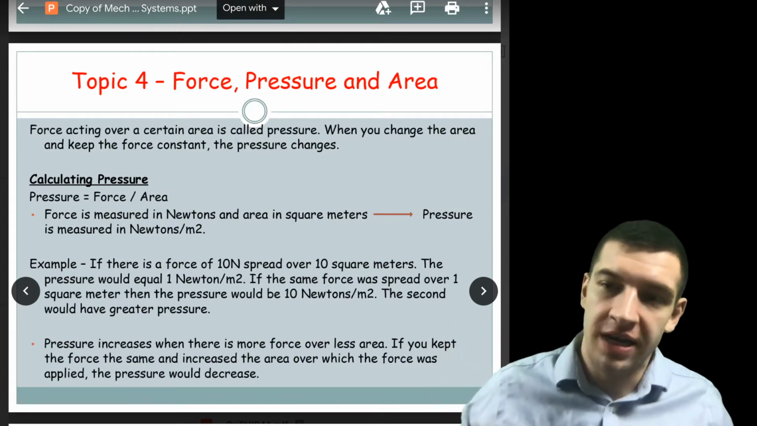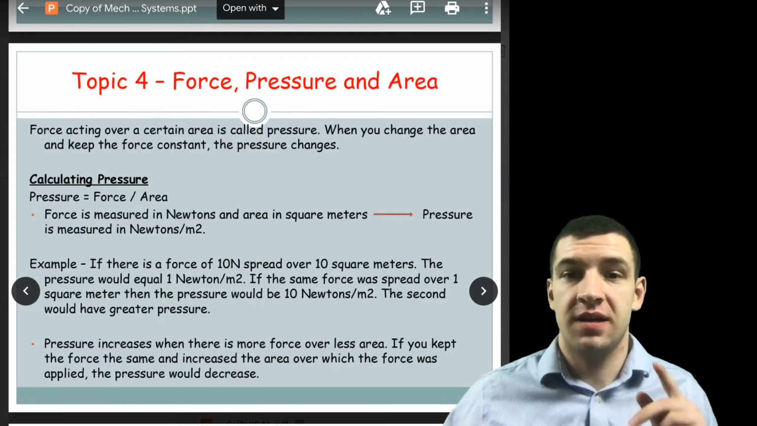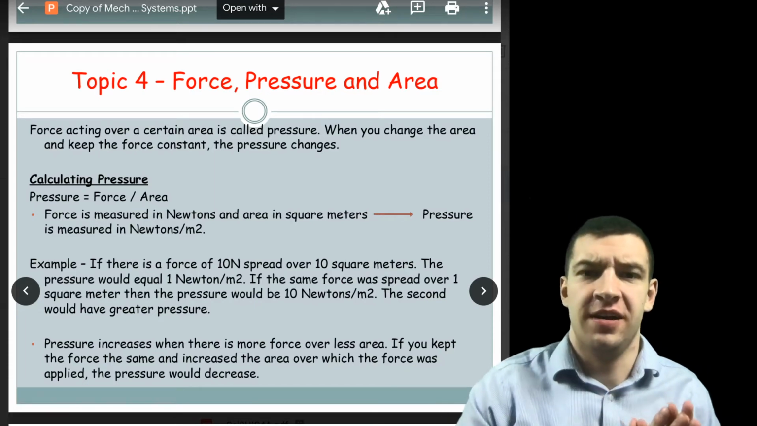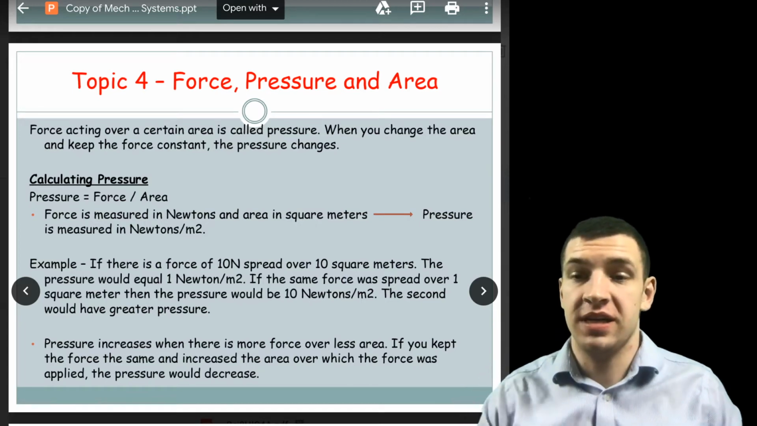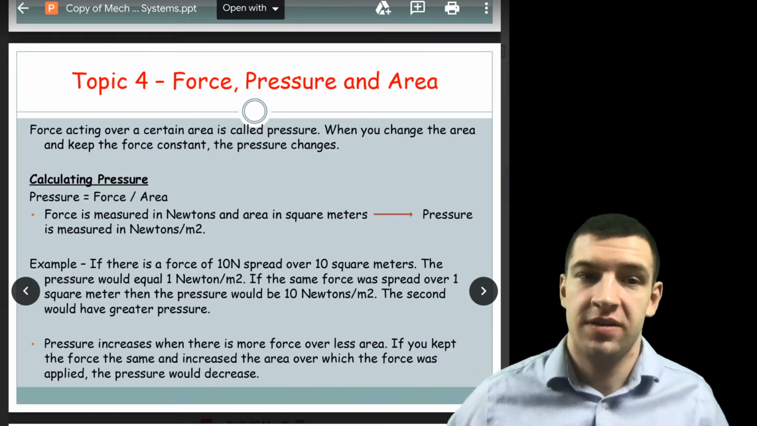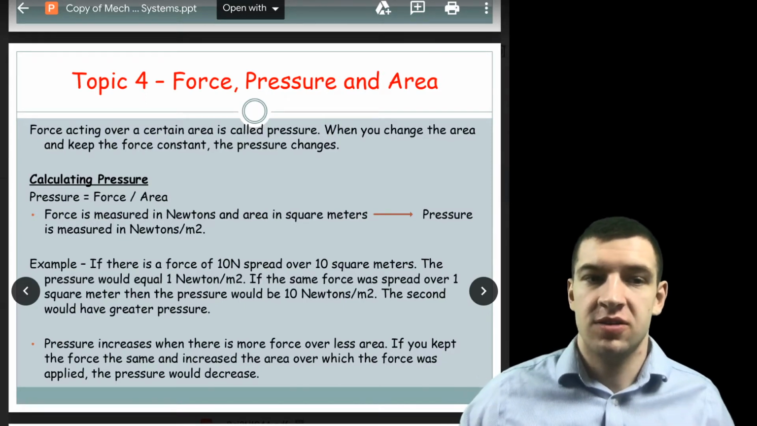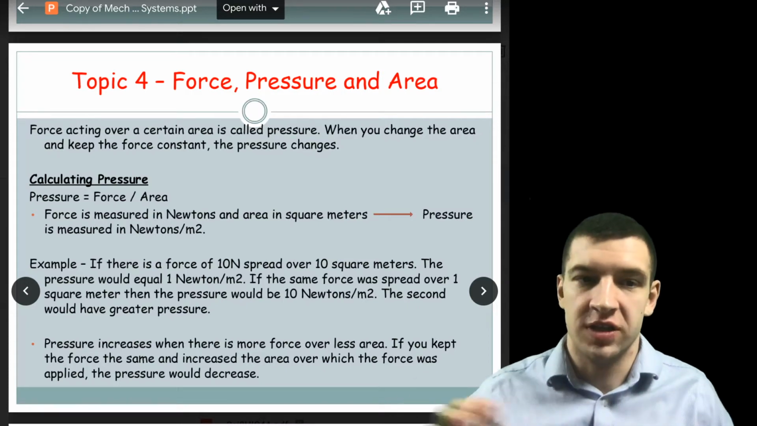It's not a terribly long one today, but it is important. We're talking about force, pressure, and area, alright? Things that are important that we touched upon in earlier units, but I want to solidify right now, alright? So defining pressure, okay? So force acting over a certain area